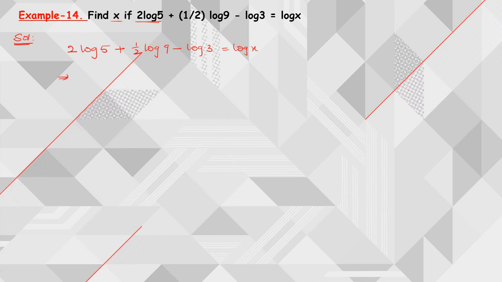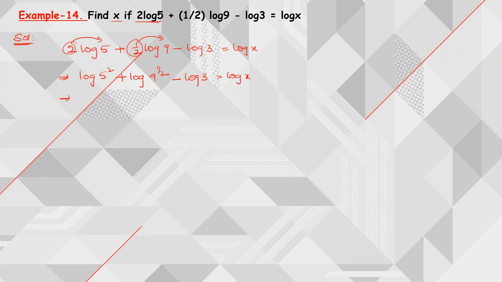Now using the power rule, I can bring it as a power. Here also I can bring it as a power. So log of 5 square plus log of 9 power 1 by 2 minus log 3 is equal to log